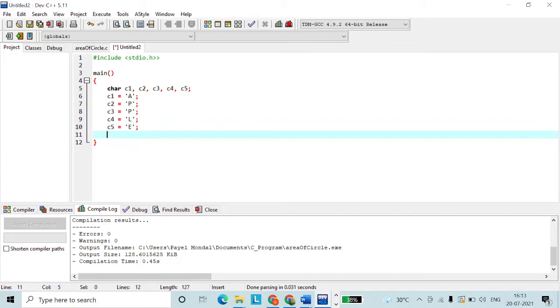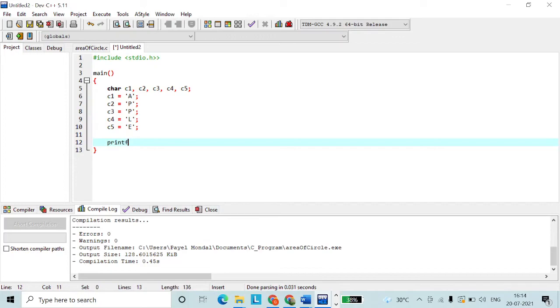Now if we try to display it all together, let's see how it will appear. Printf, and what is the format specifier for character? It will be %c. So let's say %c five times, and we'll give c1, c2, c3, c4, c5.